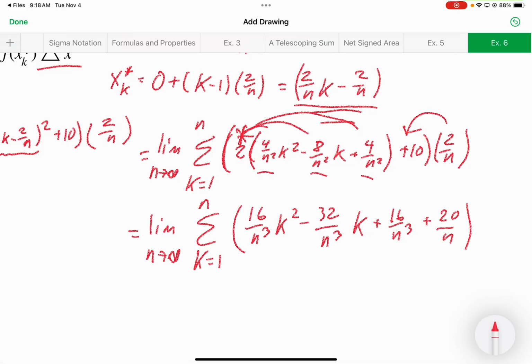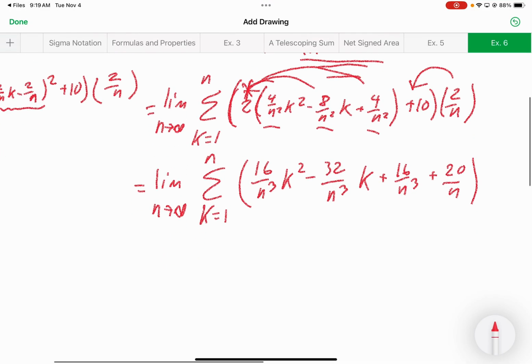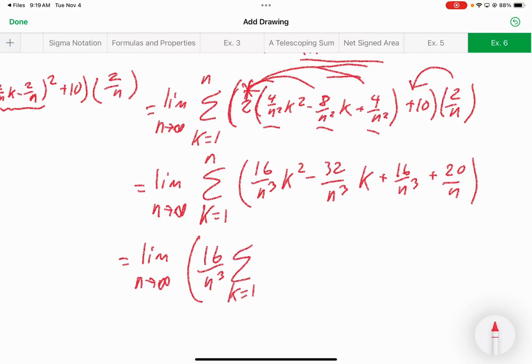Next step would be to break this into 4 different sums and the limit of all of those. So limit as n goes to infinity of, okay, I'm going to break this, like I said, into 4 sums. However, I'm going to take all of those coefficients and toss them in front of our sum. So the first one is that 16 over n cubed. That's going to go in front of our sum. So 16 over n cubed, sum of k equals 1 to n of k squared,